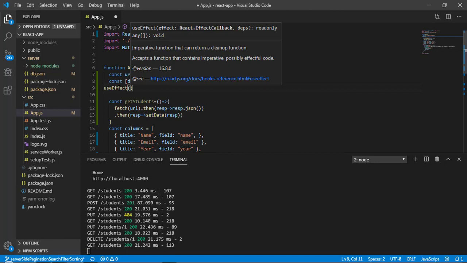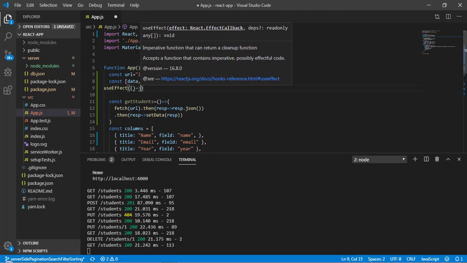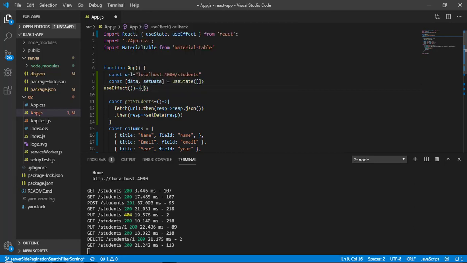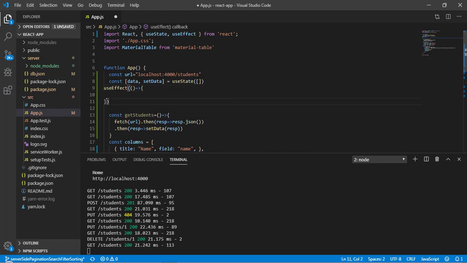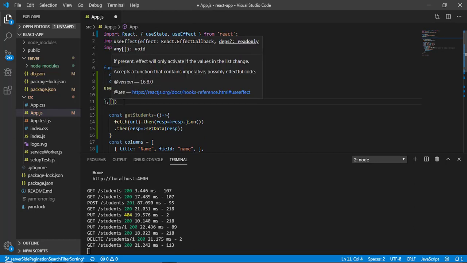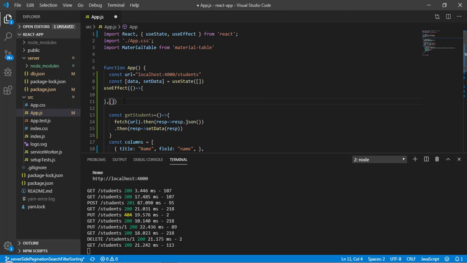Okay, and this is going to take a callback function as the first parameter, and the second parameter is going to be an array of dependency. So here I will pass an empty array. That means only for the first time I want to execute this one. So here I will call getStudents.